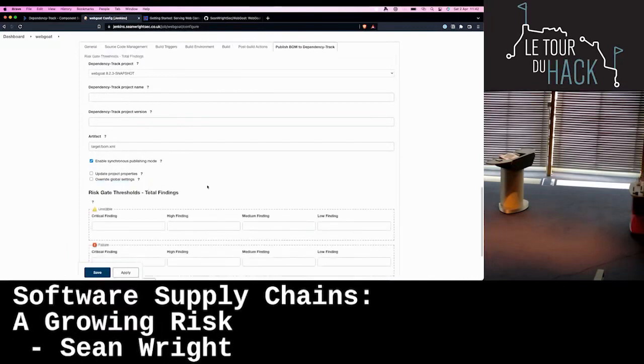So you can actually cause the build to fail if it has a certain number of critical vulnerabilities or a certain number of high. You can set the thresholds and whether they're new or existing. So you can now start being proactive rather than being reactive, and really tackle this in a continuous manner.